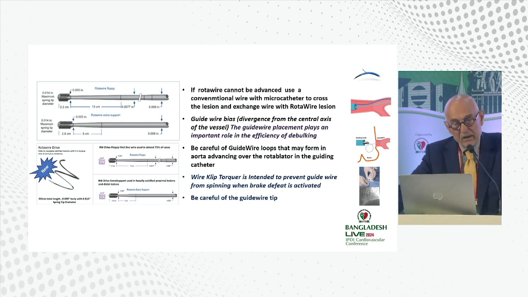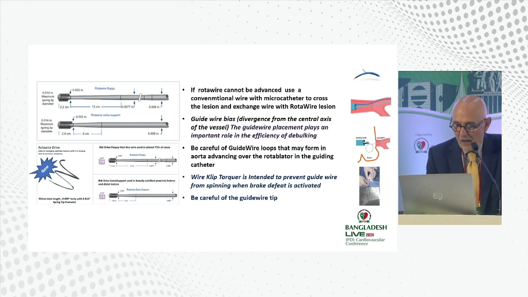Another good piece of advice is to avoid guide wire bias, that means divergence from the central axis of the vessel. This can sometimes be corrected by the position of the guiding catheter, but sometimes it depends on the anatomy and cannot be avoided. The other thing to be aware of is not to create looping of the wire outside of the coronary, when you are pushing to advance the wire and the wire is not advancing, pushing the guiding catheter back